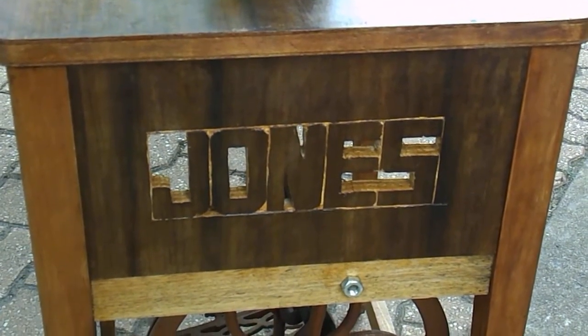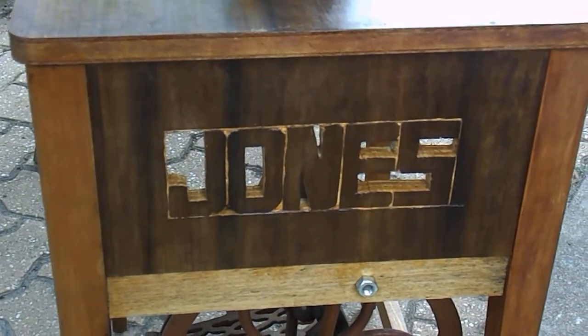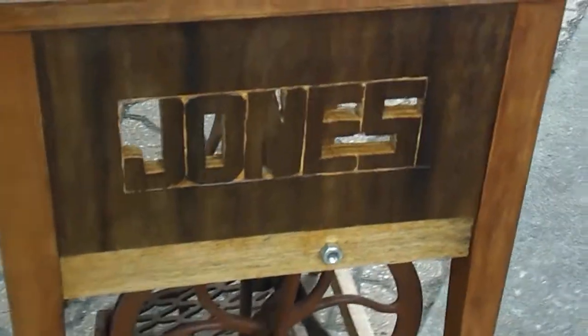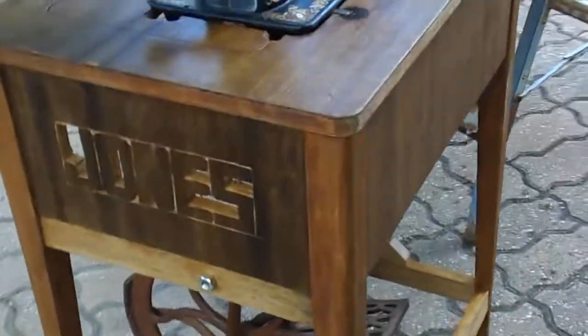FrankenJones Sewing Machine Company. Well, you've heard of Frankenstein. Well, now meet FrankenJones. This is an old 1940s, 1950s cabinet that we started off with. Had an electrical machine in it. We had a